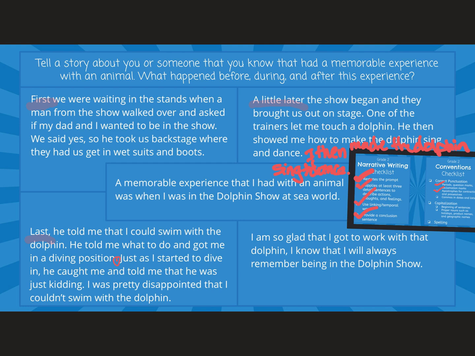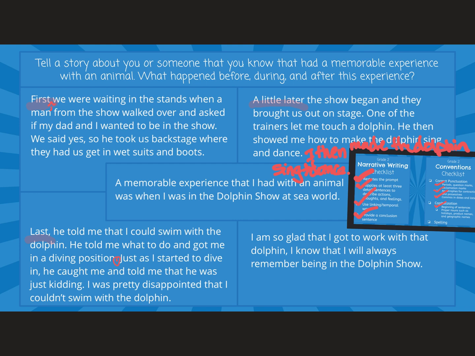Check. Use commas in dates and lists, and also after your transition or temporal words, and sometimes after phrases. So right up here on first, I'm going to put a little caret and a little comma to remind me that there should be a comma there. Capitalization, beginning of sentences. I really wanted to show you one without a capital, but the typing thing wouldn't let me. So they all do have a capital letter at the beginning of the sentence.